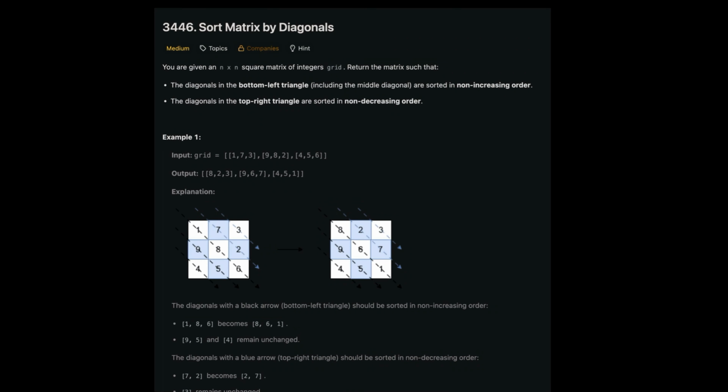Hello everyone, in this video we'll be solving problem 3446, Sort Matrix by Diagonals. The problem statement is we are given an n by n square matrix of integers, grid. We need to update the grid where the bottom left triangle is in non-increasing order while the top right